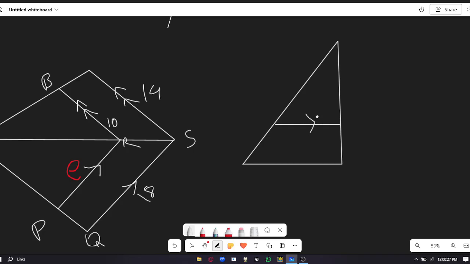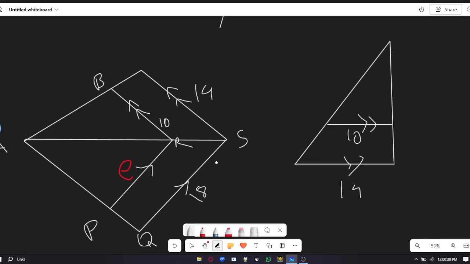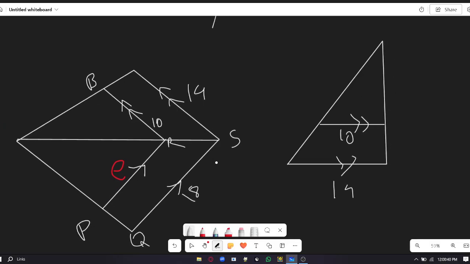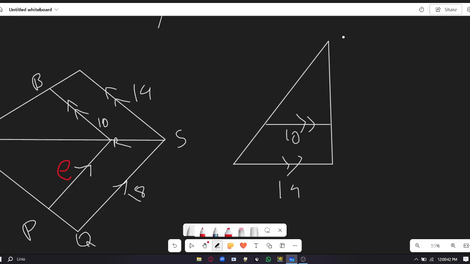So this one, this one. This is 14. This is 10. Is there any other information we know? There's no other information, right? Nice, perfect. So this is C, this is S,